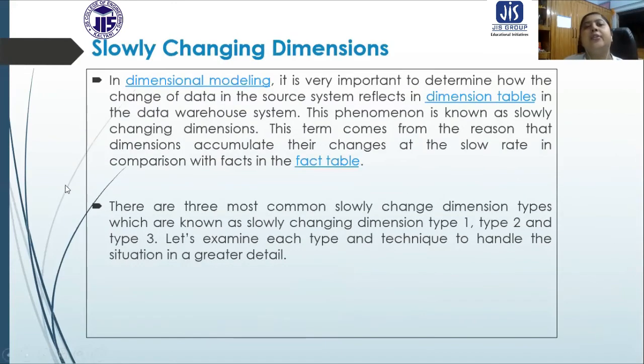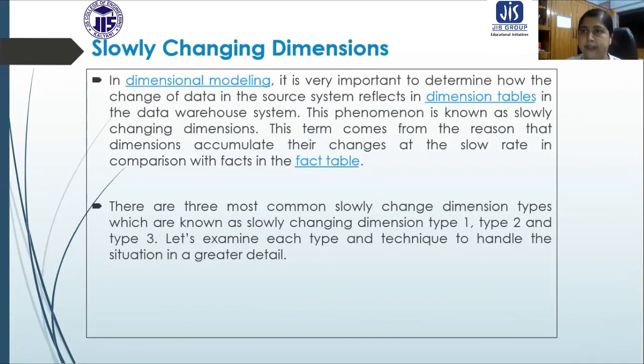So now we are going to discuss another aspect. Up to now we have discussed star schema, snowflake schema, and fact constellation schema. In star schema, we have only a single fact table, and all the dimensions are directly connected with that particular fact table, and normalization is not allowed. In snowflake schema, again we have a single fact table.